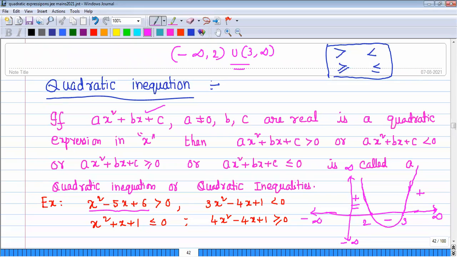So we shall discuss how to solve quadratic inequations by different methods. One is the algebraic method, another is the graphical method. I explained the graphical method, and the wavy curve method I might have explained also. That also I will discuss in this regard. That will be useful not only for quadratic inequalities, but for cubic, 4th order, 5th order or 7th order, any order. We can make a generalization.